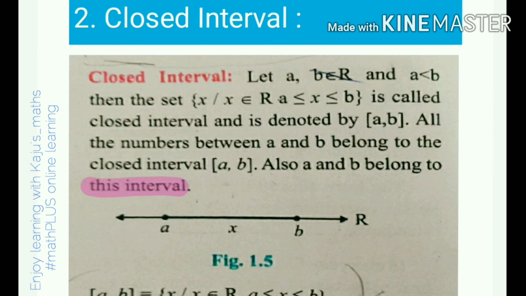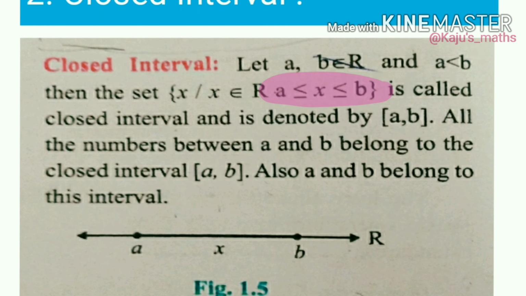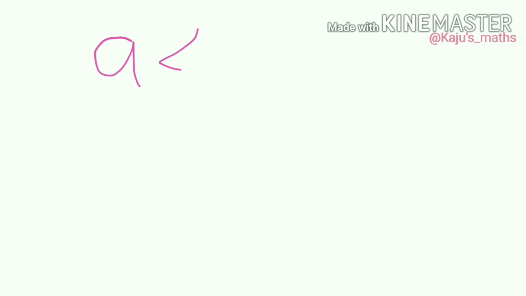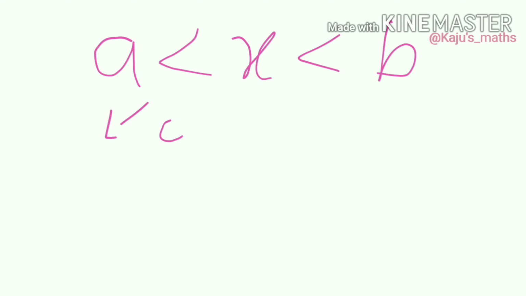Okay. So the difference between the open interval and the closed interval is that in the open interval you cannot take a and b in that interval. But in the closed interval you have to include a and b in this interval. So the closed interval is the set of x such that x belongs to R, and a and b also belong to R. And the most important thing, you need to remember these conditions while describing intervals. Here a is less than or equal to x, and x is less than or equal to b. In the open interval, the strictly less than sign is there. This is for the open interval.